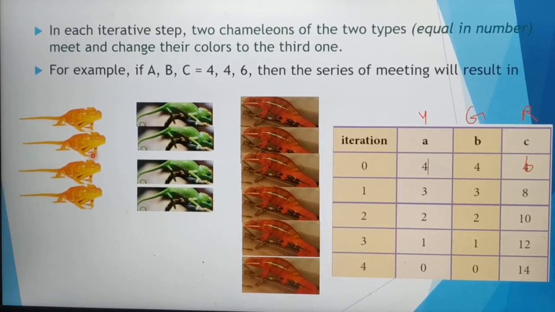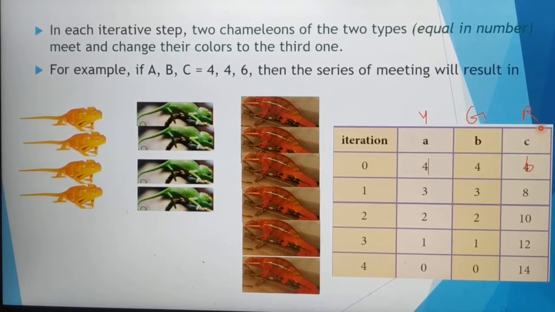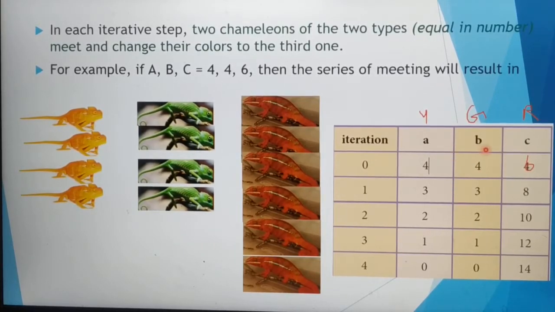Here, yellow chameleons are considered A type, green chameleons B type, and red chameleons C type. Our condition is that two types of chameleons must have an equal number. So here I have taken A and B in the same number: 4 yellow chameleons, 4 green chameleons and 6 red chameleons.